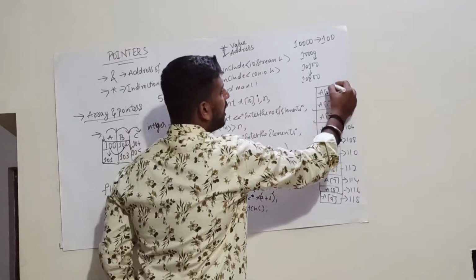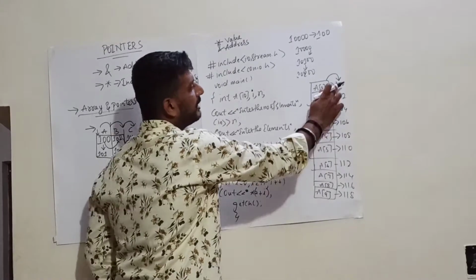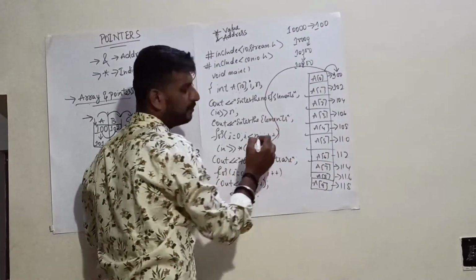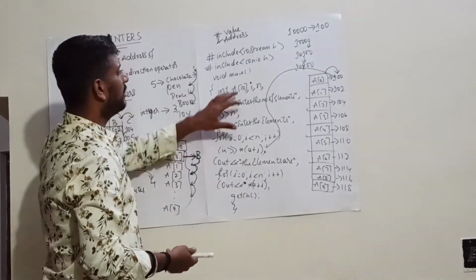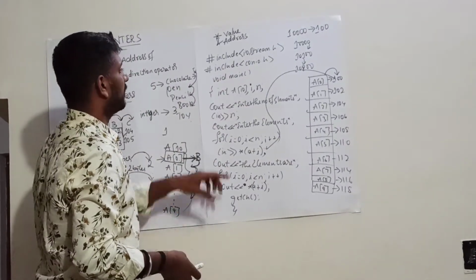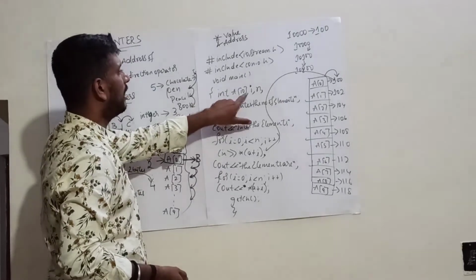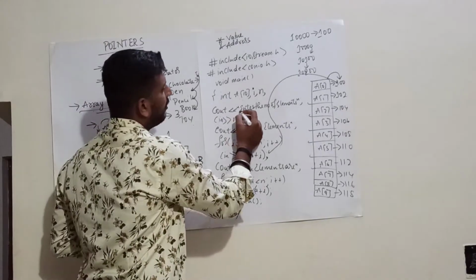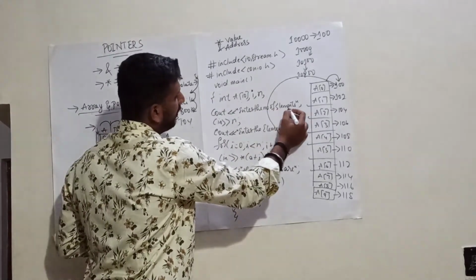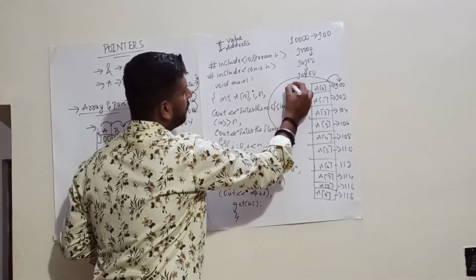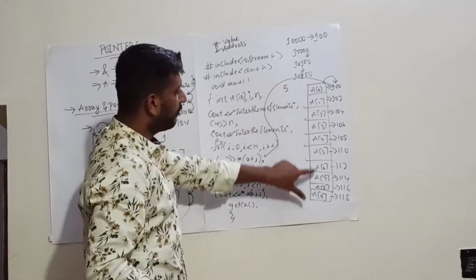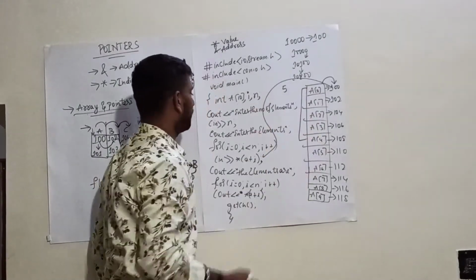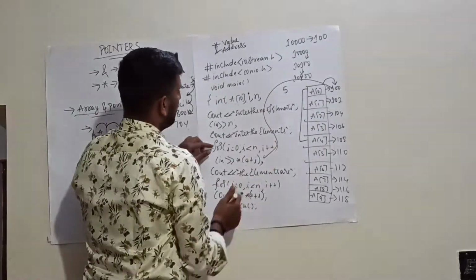Now what I am doing is assigning the first address of this particular array to the pointer over here. Okay. Now let us see how exactly this particular program works. I have declared an array and two more variables, i and n. Firstly, it will ask to enter the number of elements. I will give it as 5. So out of 10 spaces, I am making use of the first 5 spaces. Next, enter the elements.